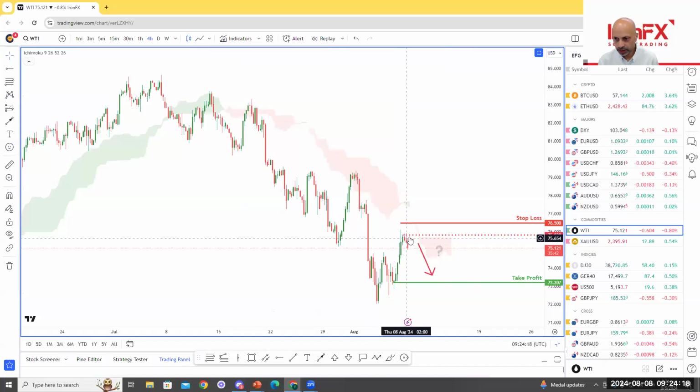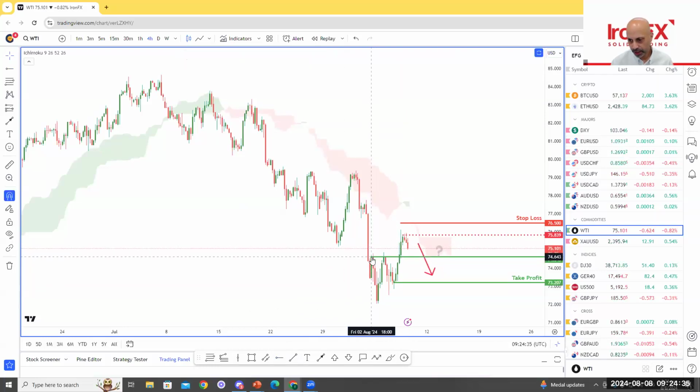Price has stalled close to the bearish Ichimoku cloud. It has reversed to drop lower. We're identifying a stop loss slightly above today's high. At the same time, we're looking at a potential take profit level at this pullback here at $73.20. There's another intermediate pullback support level that I see, right? This is another pullback support level at